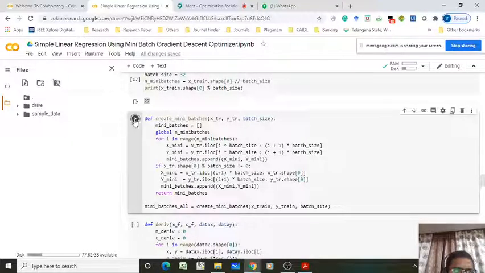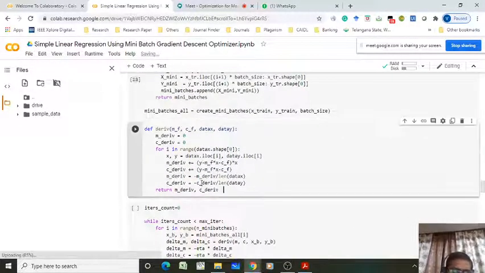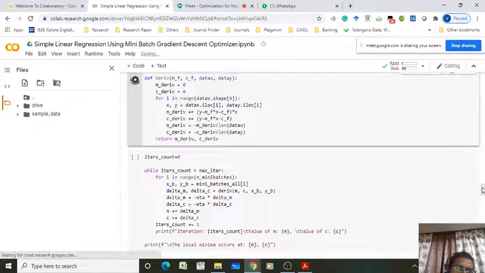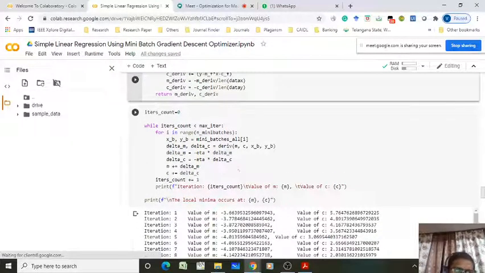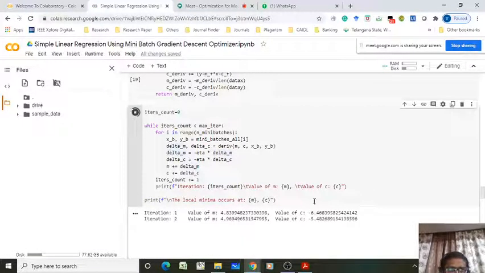Now create it. Build this function, run this function. So later, this is the gradient calculation. Yeah. Now you have to execute the iterative algorithm. Execute the iterative algorithm.